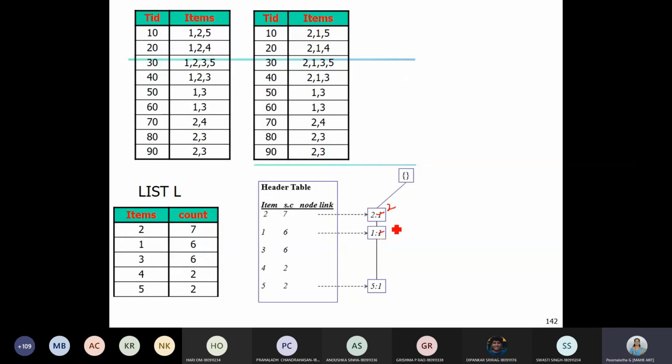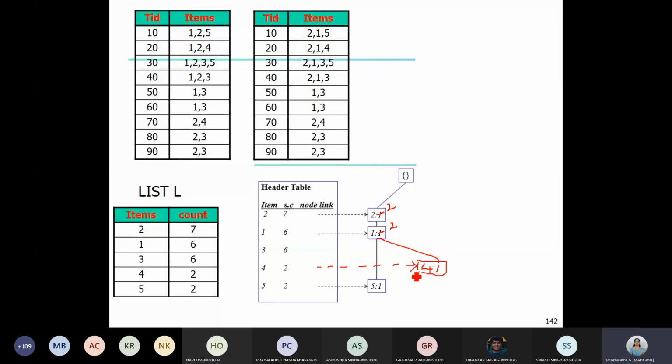So create a new node with item 4 and its count as 1, and 1 is the parent of this 4. Because 4 is appearing for the first time in the FP tree, we need to connect from the header table to this node 4. This is what we do in the FP tree, is it not?